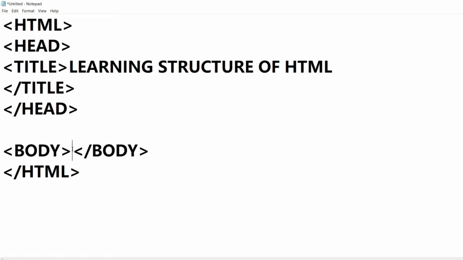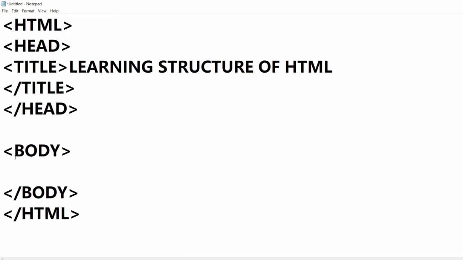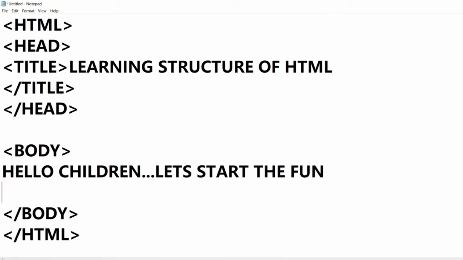Now I told you whatever you see on the web page is written within the body tag. So let me show you. We will first start by just writing some simple text. Any text, because this is the basic structure of HTML, so here we are simply learning how to write the program code.